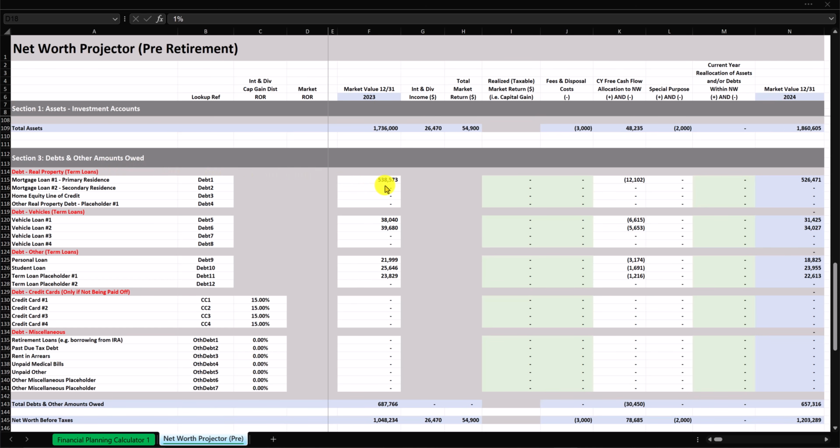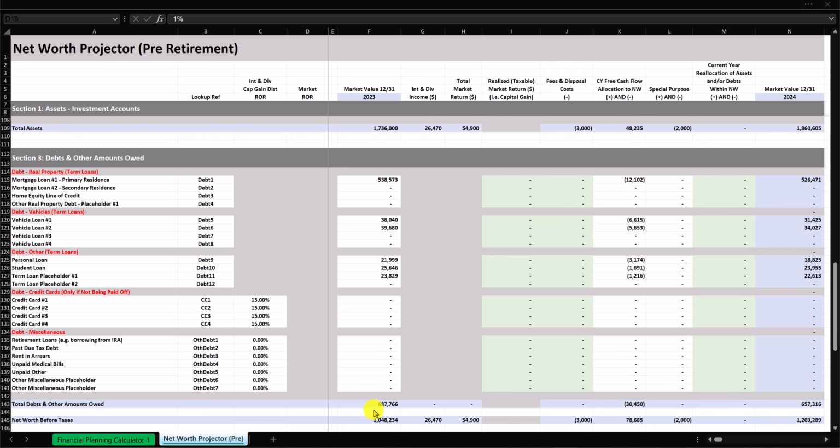Now, if we continue down into section 3, debts and other amounts owed, we have $538,000 and change in mortgage loan number 1 on the primary residence. We have 2 vehicle loans, one at about $38,000, one at about $39,000. And then we have a personal loan for about $22,000. We have a student loan outstanding, and we also have another term loan that I've put in as a placeholder just so that we can work on different kinds of amortization schedules related to term loans later on in the video